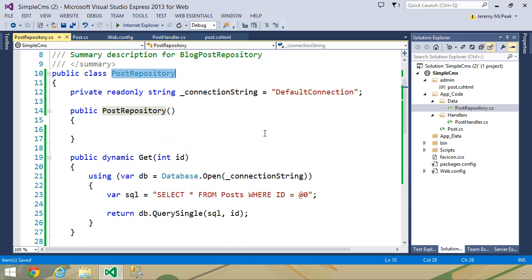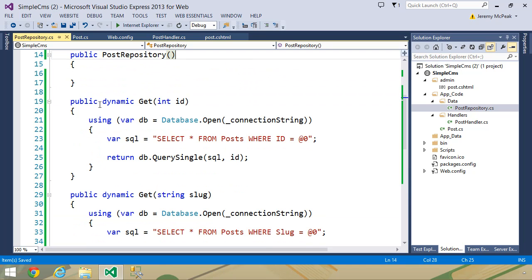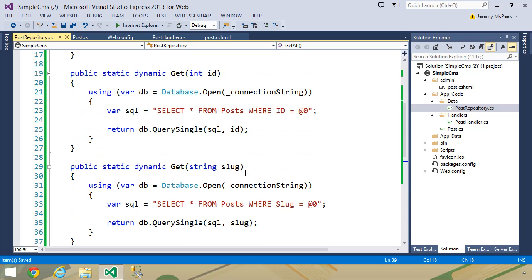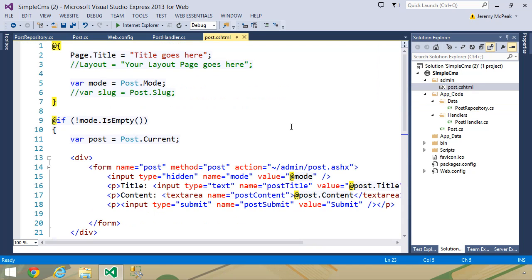So let's go ahead and do that. We can always change this if we decide that we want to change it later. So we want private static read-only string underscore connection string, and we don't have anything for the constructor, but we do need to change the methods to a public static method. But that is easy enough to do. We just add the static keyword to these methods, and then we can make these method calls very easily. So let's go to our post.cs file, and let's find some places where we are retrieving a blog post,